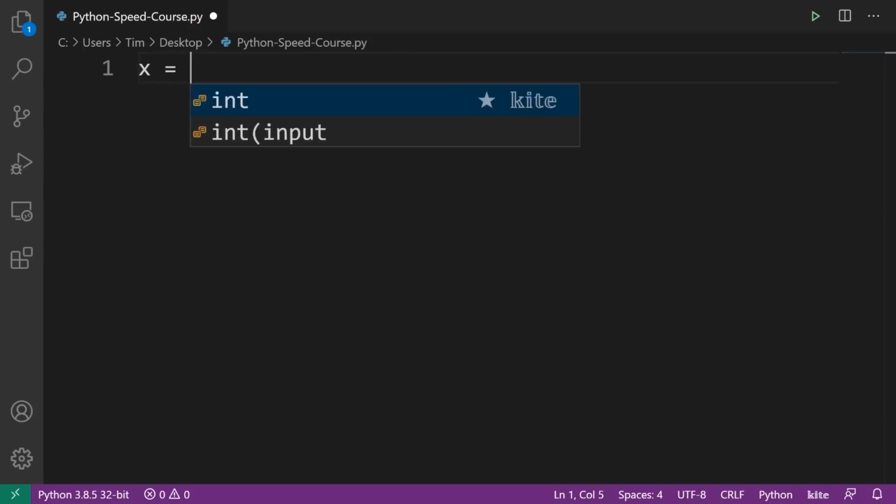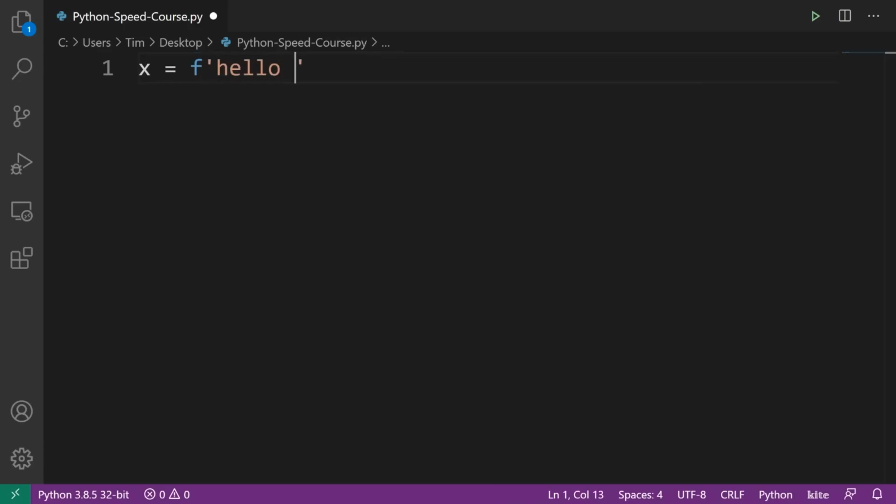So what I can do is do something like x equals, I can do a lowercase f or a capital F, it doesn't matter, and then a string. Notice that this will highlight, or maybe it'll be italicized depending on what editor you're using. And well, what you can do is type a string as you normally would, except now if you want to embed an expression, what you can do is do that inside of curly brackets. So I can do hello, and then I could say like, 6 plus 8, and this will actually be evaluated, and now when I print this out, it will give me